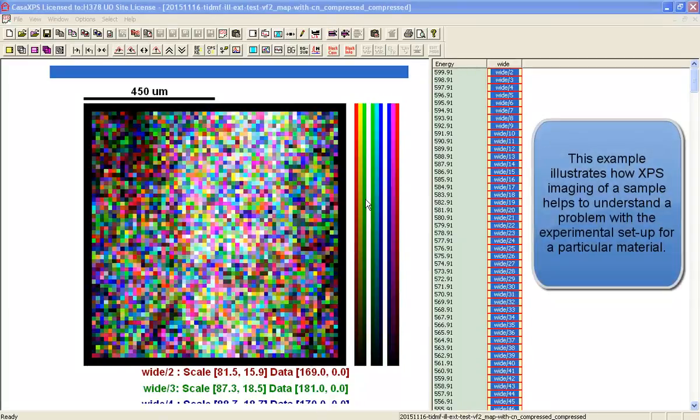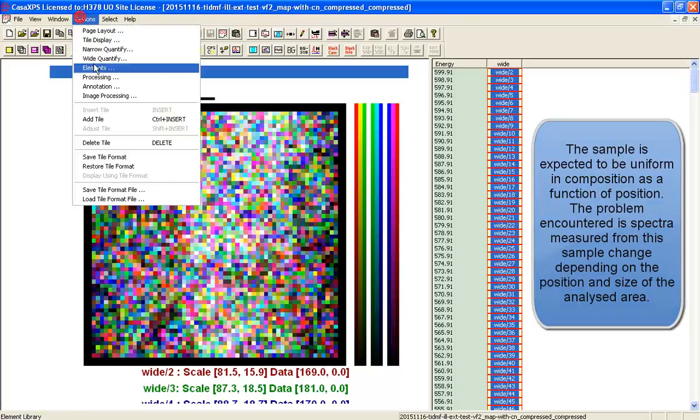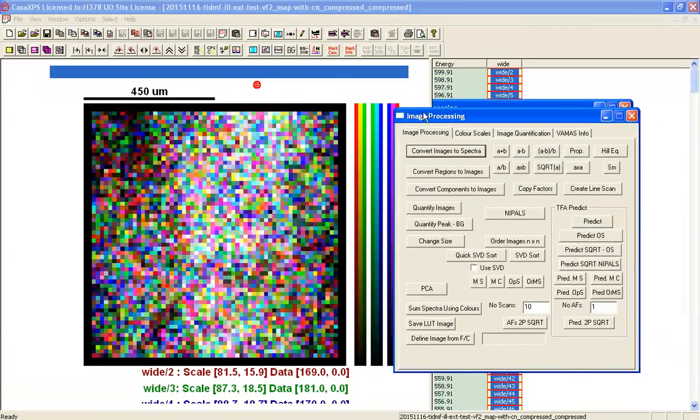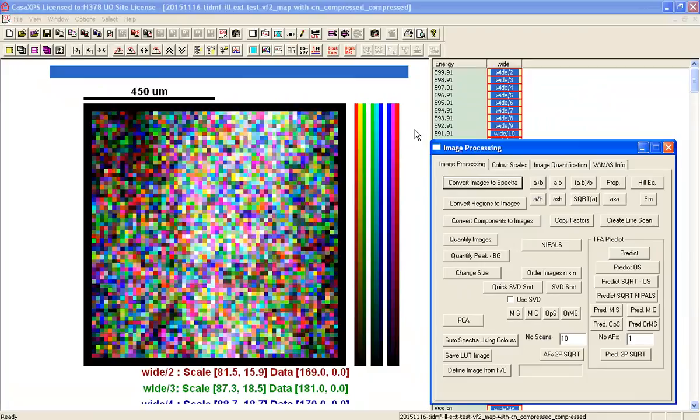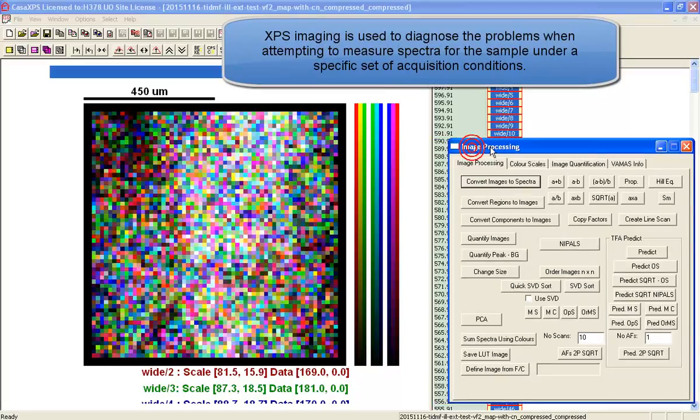XPS imaging can be used to diagnose problems with data taken from an XPS instrument. And in this case we're going to show how a sample where charging effects alter the spectra, and by using XPS imaging we can work out why the spectra were different. So we're going to begin by